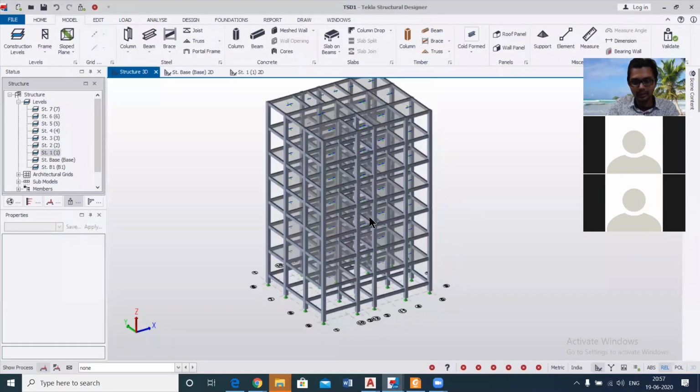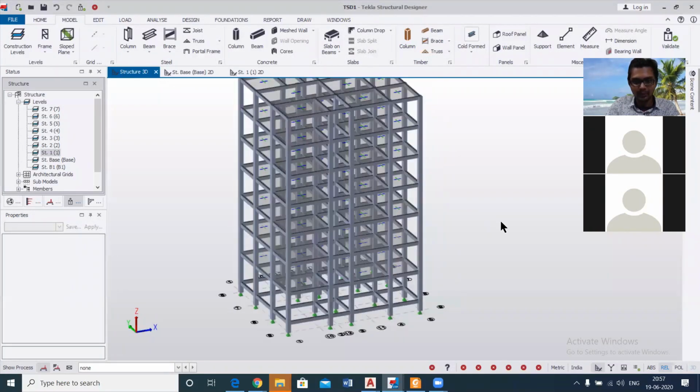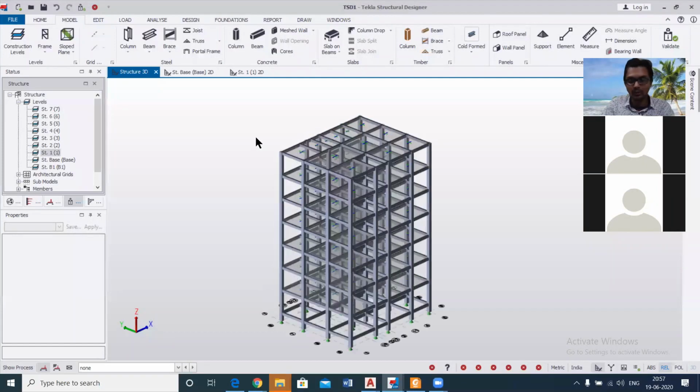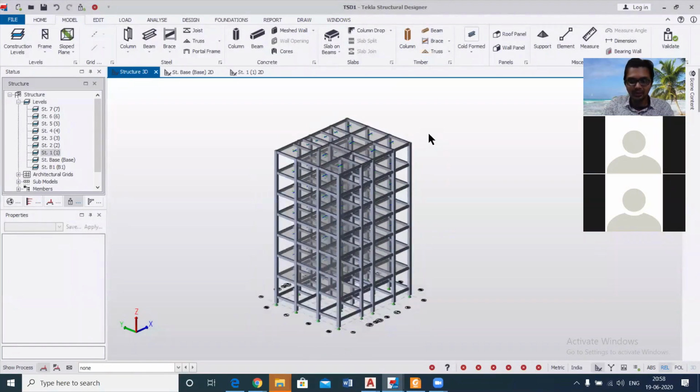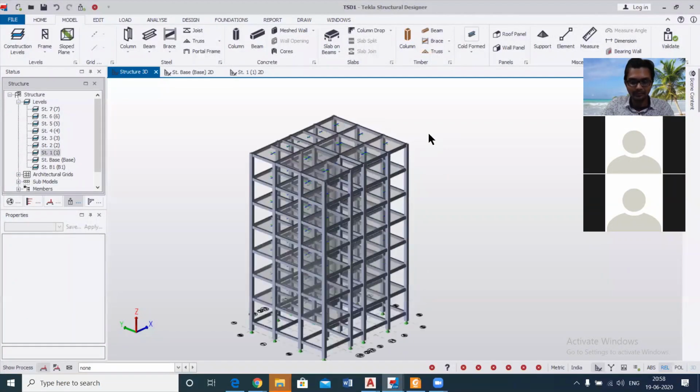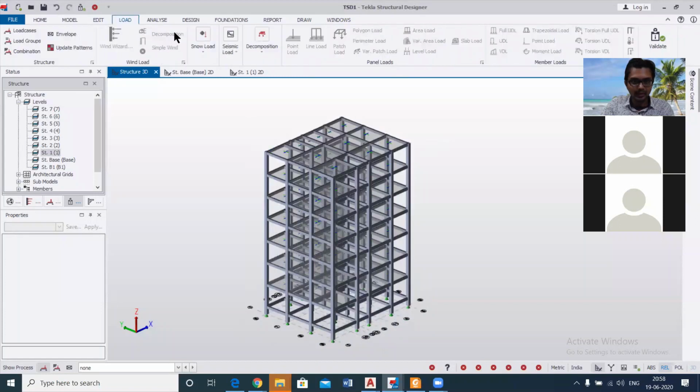Now we are done here. So as you can see, the slabs have also been assigned, and now we'll go to the process of application of loads. So basically, we know the codes for load. Can anyone tell what the different types of loads we have are? We have the dead load and live load.